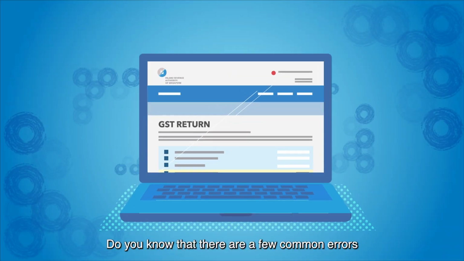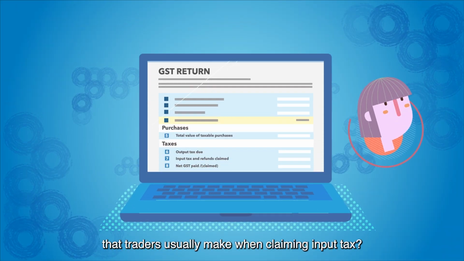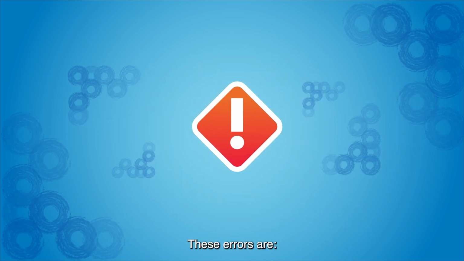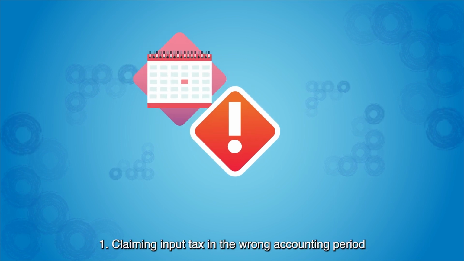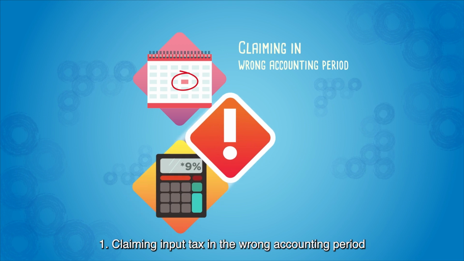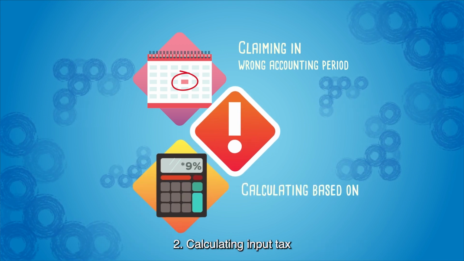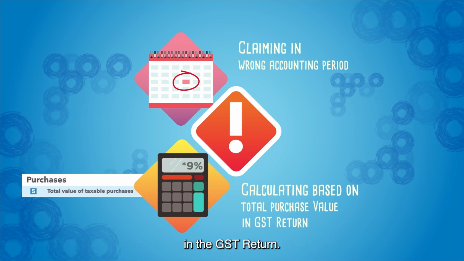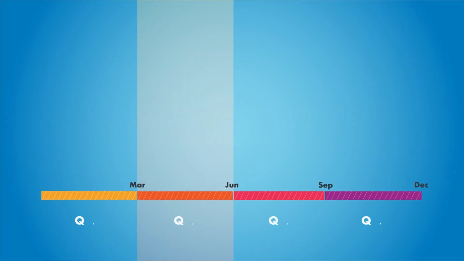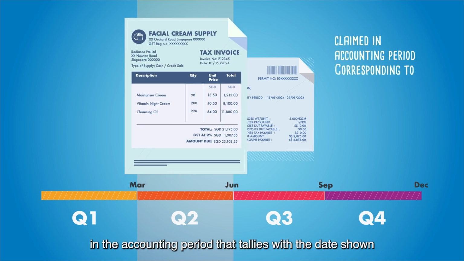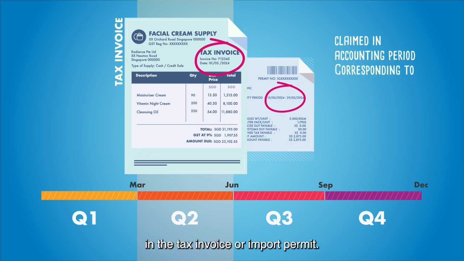Did you know that there are a few common errors that traders usually make when claiming input tax? These errors are: 1. Claiming input tax in the wrong accounting period. 2. Calculating input tax based on the total purchase value reported in the GST return. First, the input tax should be claimed in the accounting period that tallies with the date shown in the tax